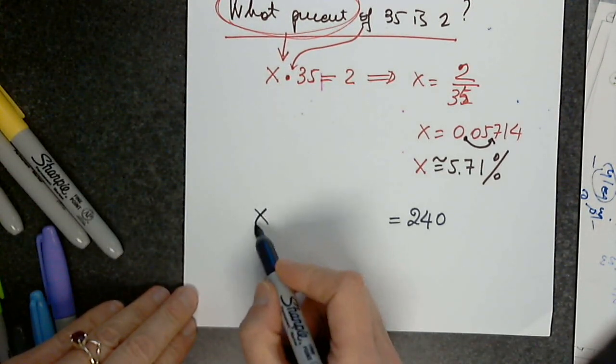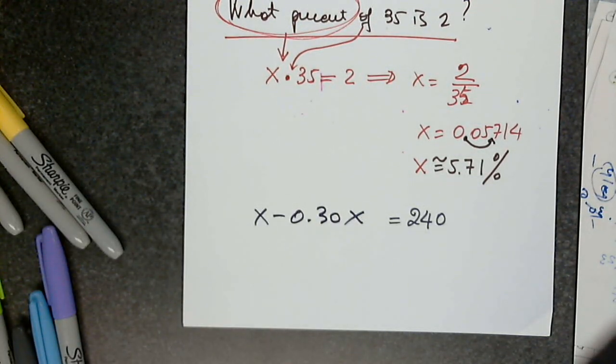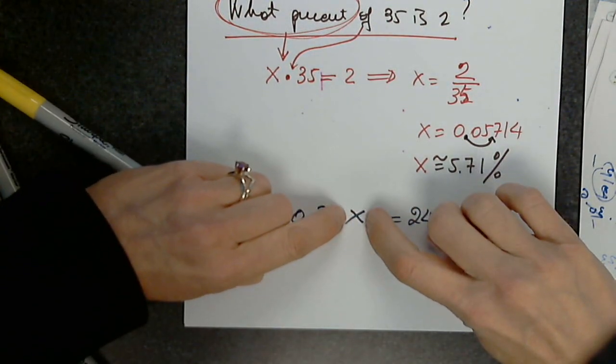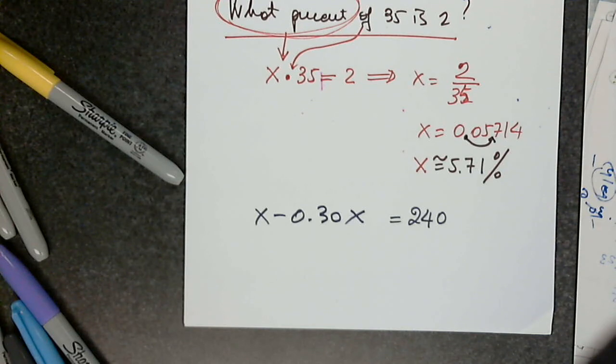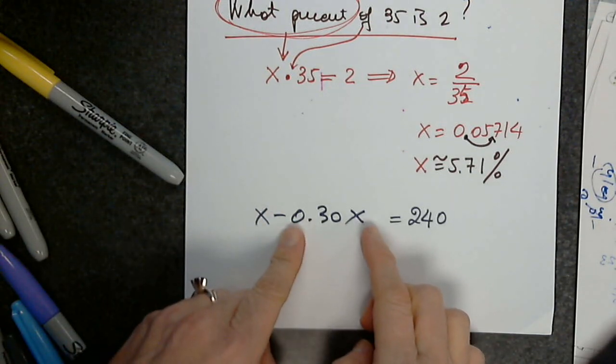X minus 0.30x. Perfect. Awesome. Thank you. So from the original price, we subtract 30% of the original price, and we end up paying $240 at the cashier's. Why is there an x after 30? Of x, the original price. So x represents the original price. Yes. From the original price, we subtract 30% of it